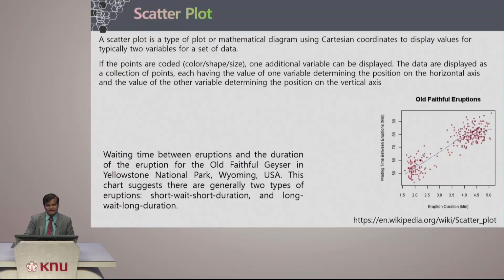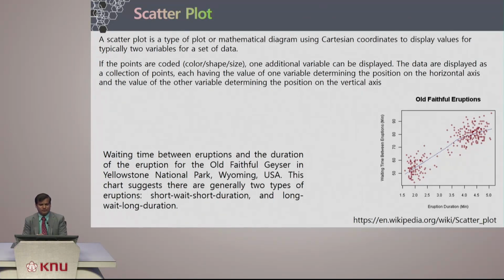Now let's consider the scatter plot. Scatter plot is one of the popular means of showing the spread of data. And this scatter plot can also be used for many applications, like even for understanding regressions. Basically, it's displaying between two coordinates. So in other words, we can say it is like Cartesian coordinates with typically two variables for a set of